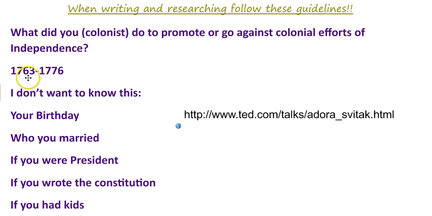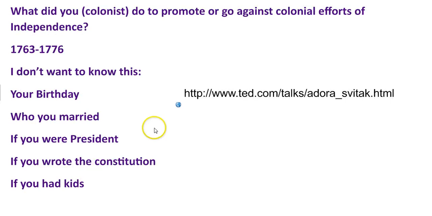The years 1763 to 1776, I really do not want to know what Thomas Jefferson did as a president. Okay, stay within the guidelines of 1763 to 1776. What did they accomplish? What are they thinking during this time period? I don't want to know if you